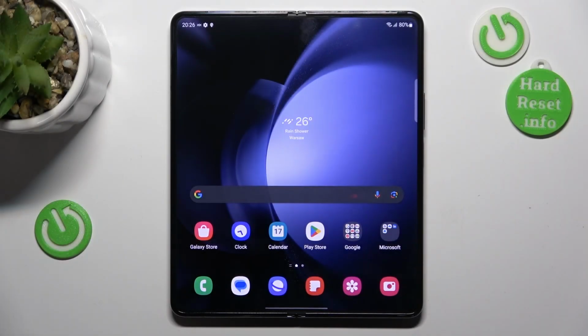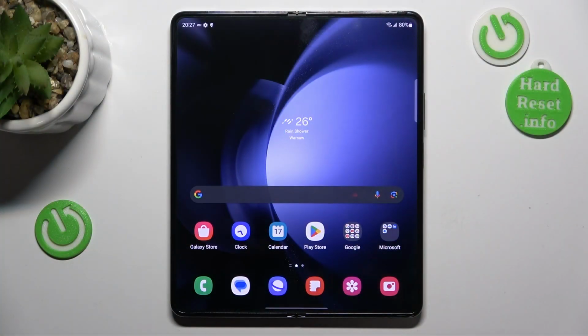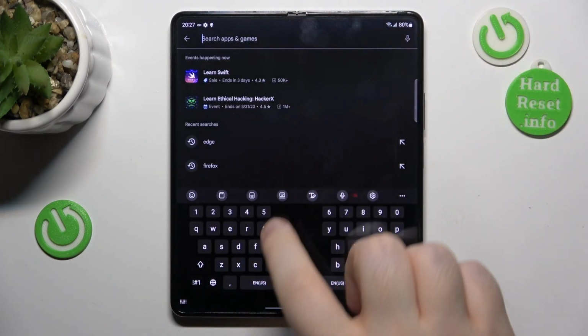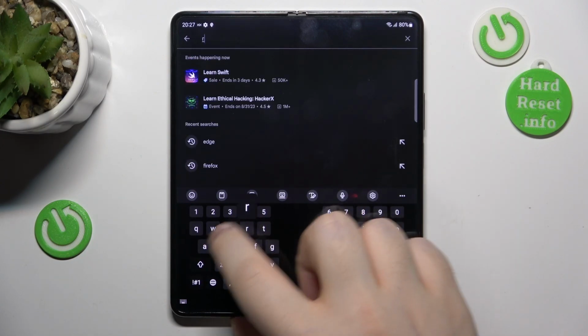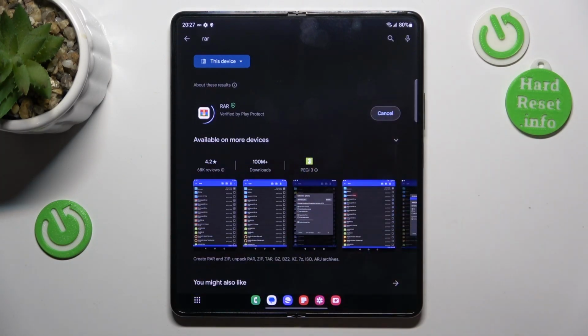Hello, in this video I will show you how to install RAR application on Samsung Galaxy Fold 5. So you have to start with opening Google Play Store. Now click on search bar and type in RAR and click search. Now click install